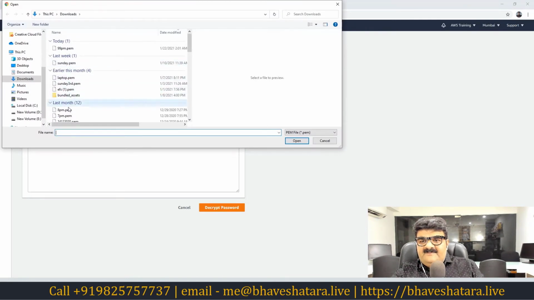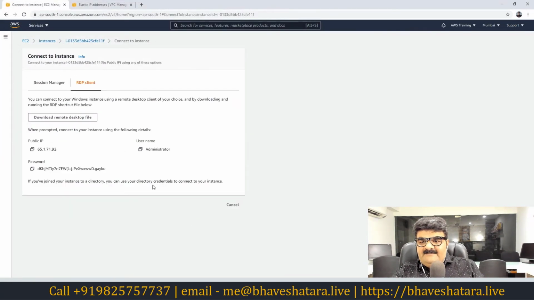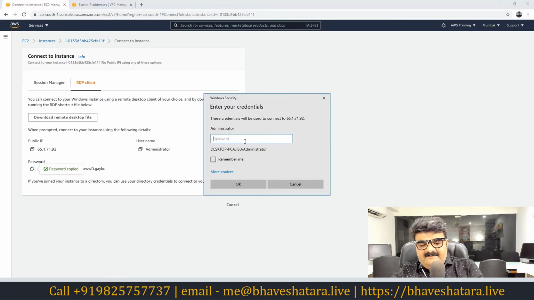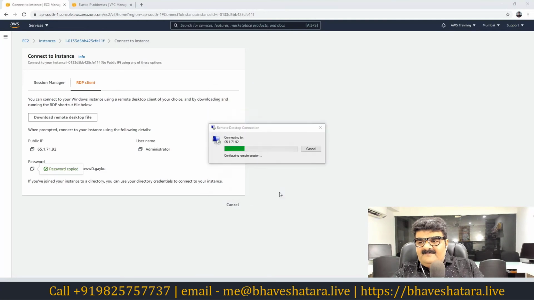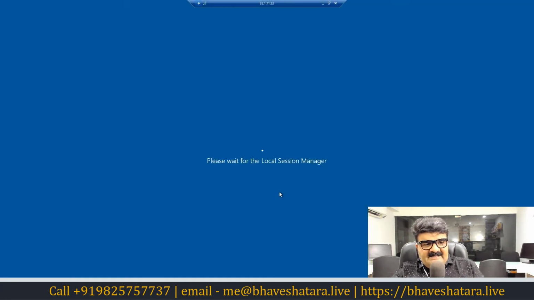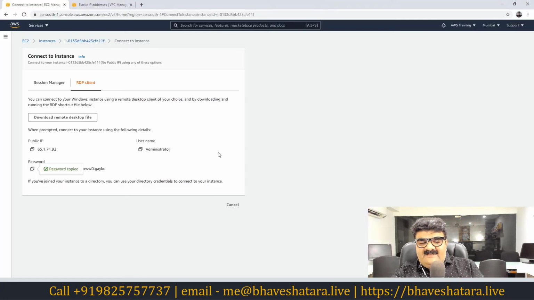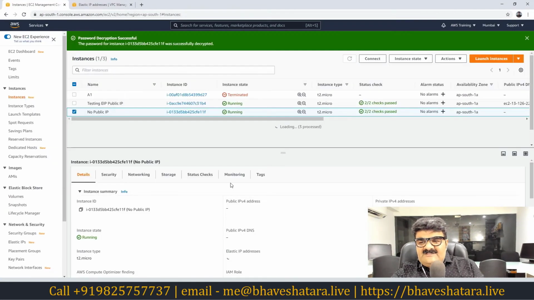Okay, decrypt, copy, and then paste. I am able to connect. The elastic IP works the same as a public IP, right? So I can use this elastic IP to connect to my EC2 instance.